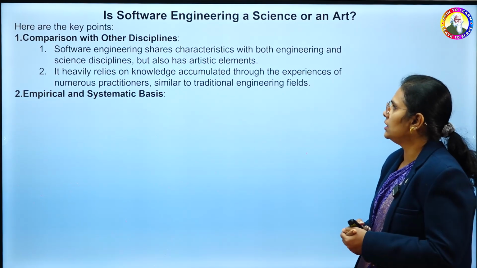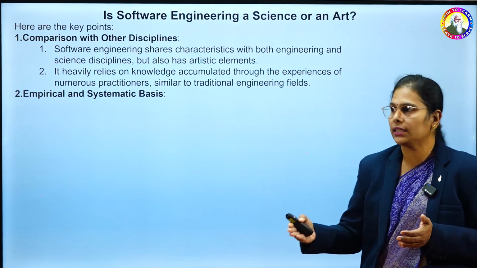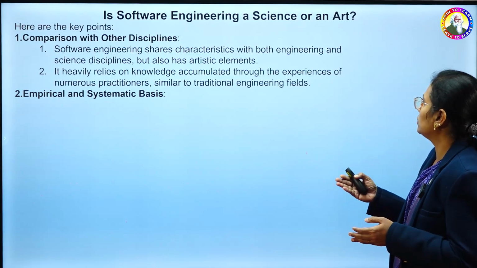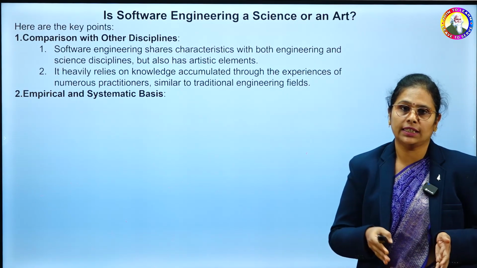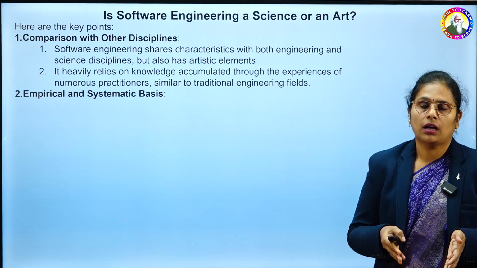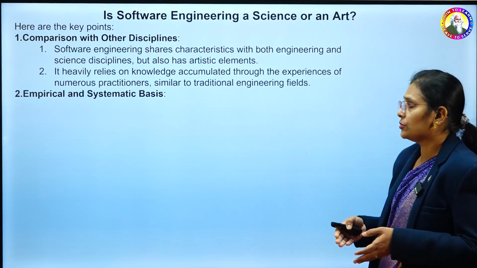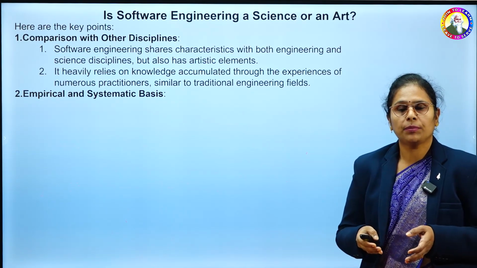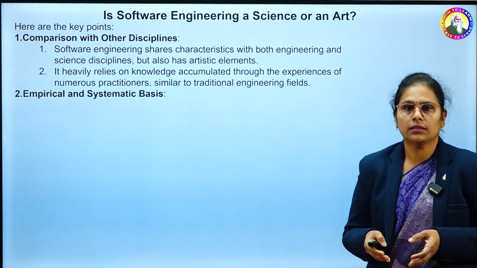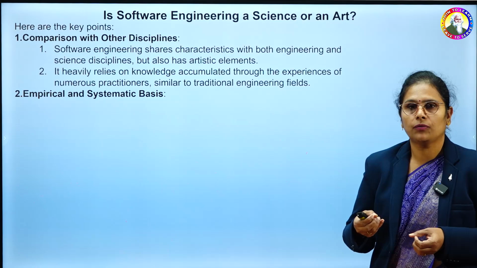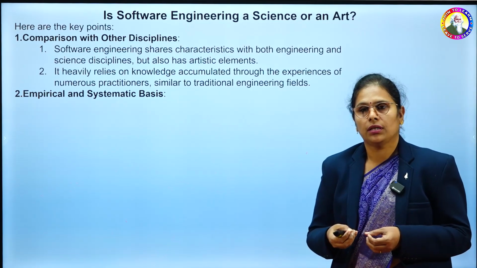When we compare software engineering with other disciplines like civil engineering or mechanical engineering, it shares the characteristics of both engineering and science. This contains both engineering principles as well as the science behind how to develop the process, the technicality behind how to develop the process, but also the artistic elements. So, developing a piece of code, they are saying it is an art. Because art should come from the background, when I'm talking about art in the past history, where